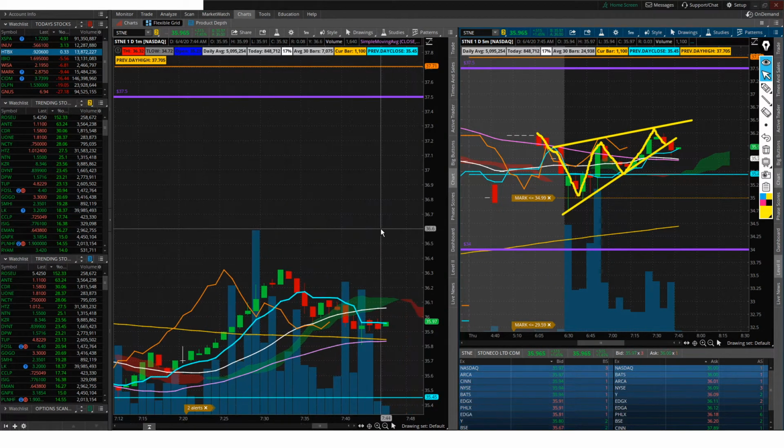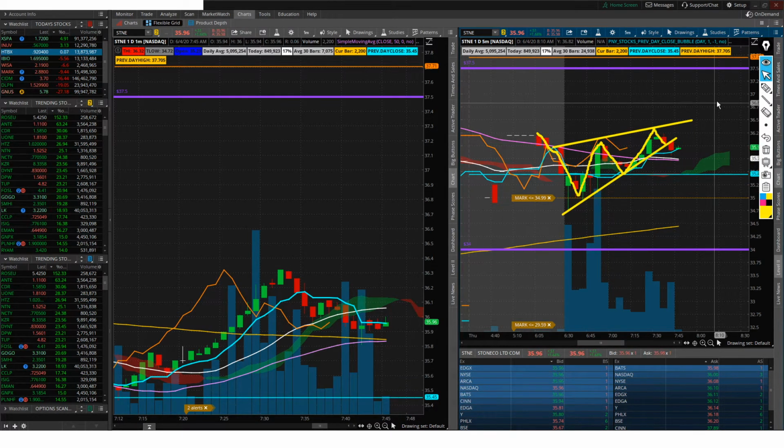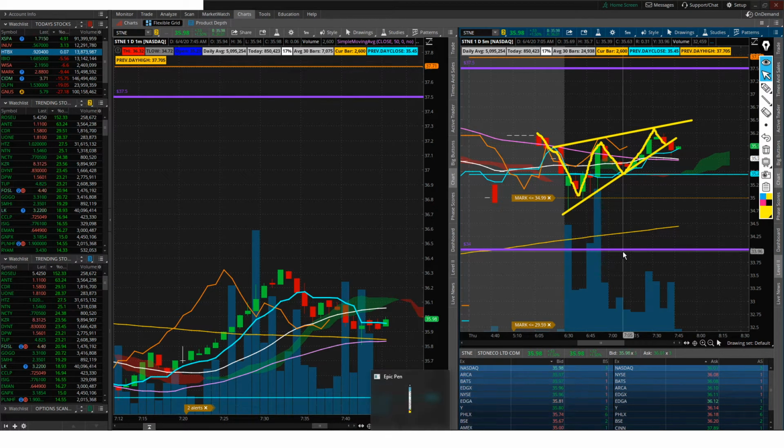So I just want to show you a great example. Oh my god, I didn't expect that to happen. But great example of why you should be using this tool called Epic Pen. Epic Pen allows you to draw on your screens, but I use it for my charting, and this helps